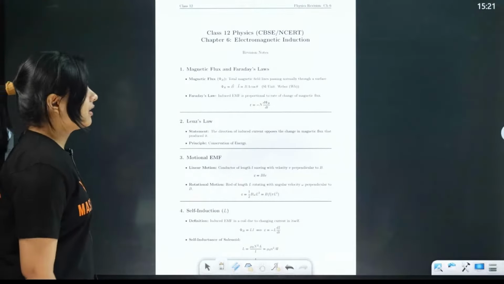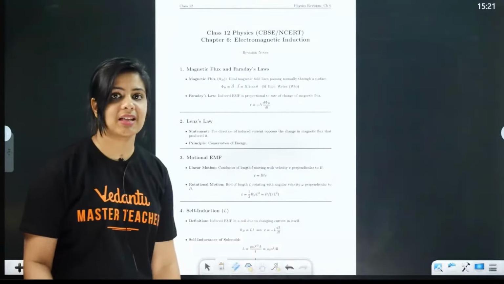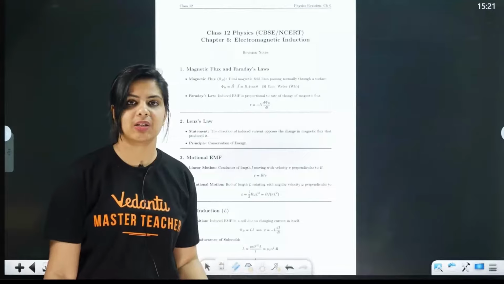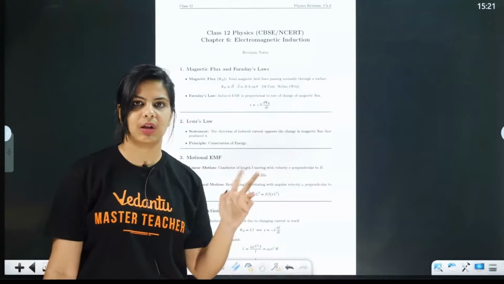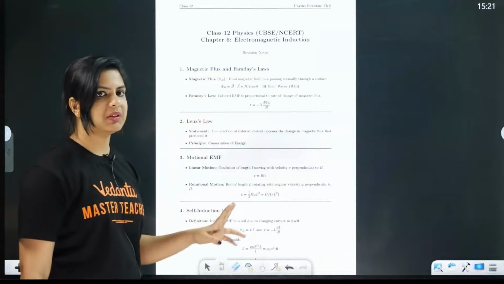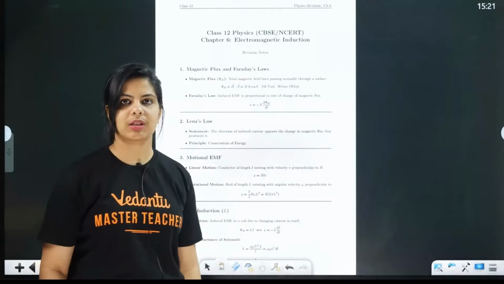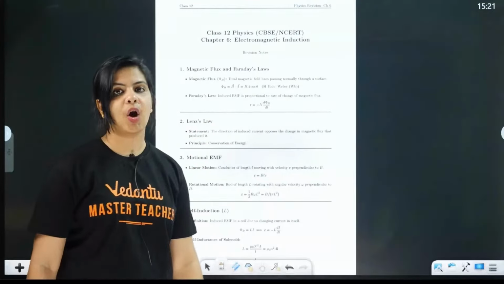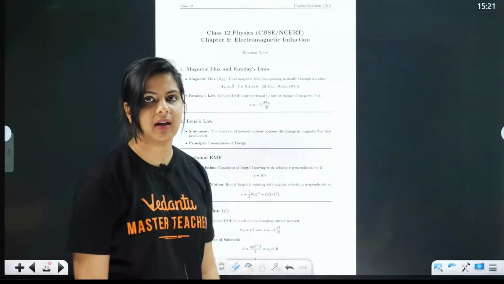Next one, electromagnetic induction. First we will talk about magnetic flux. As we discussed electric flux, in the same way we can go for magnetic flux. It is nothing but the magnetic field lines passing perpendicular through the surface. Its value, where it was E dot A there, is B dot A here. So it is B A cos theta, and if the field is non-uniform, it is the integral of B dot ds. Understood?